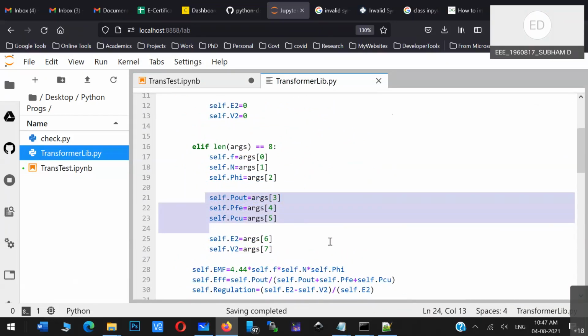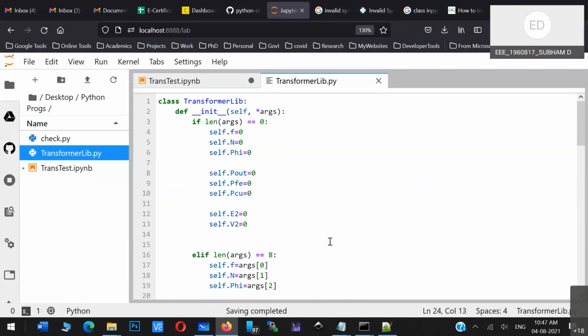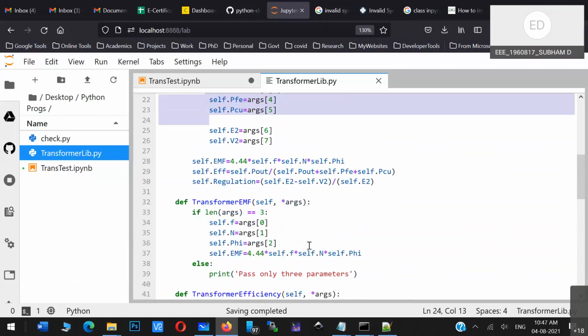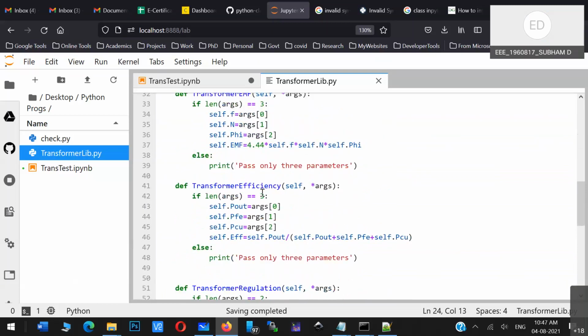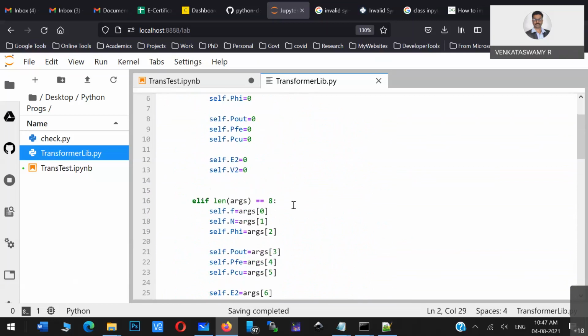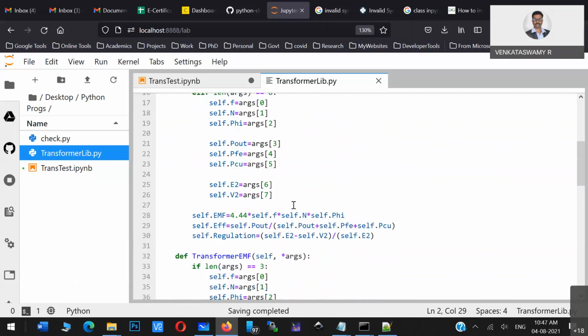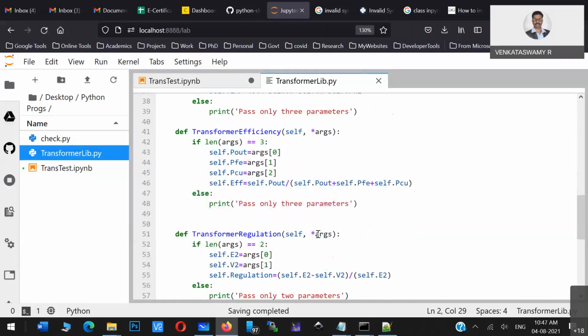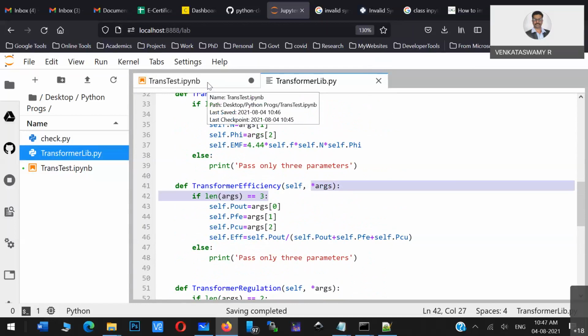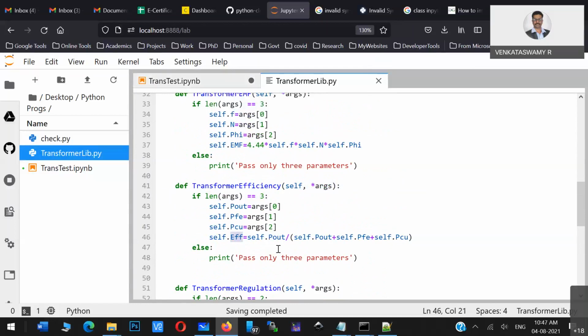Yes, sir. In the above initialization process, in the constructor one, we have put 3, 4, 5. So in the calculation of the efficiency, where you have put 0, 1, 2, sir. Yes, 0, 1, 2 is the index of this function, na? And this 3, 4, 5 is basically the index of the constructor. Index of the constructor was 3, 4, 5. Index of this one is basically 0, 1, 2, 3. And what it is showing is basically efficiency.